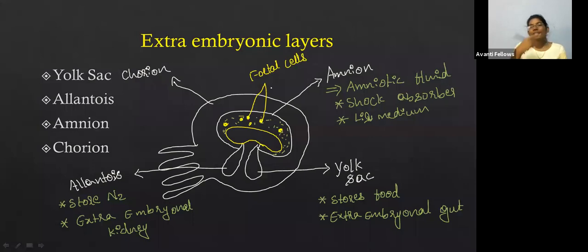If the doctors extract the amniotic fluid, they can also extract the fetal cells in that fluid. By extracting the fetal cells, they can culture them, and after culturing, they can say the baby's development is this, the baby is growing healthy, or the baby is growing like this, based on the fetal cells present in the amniotic fluid.